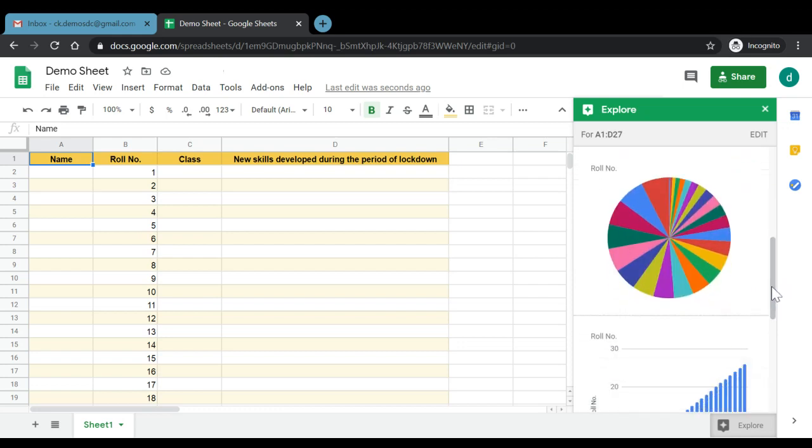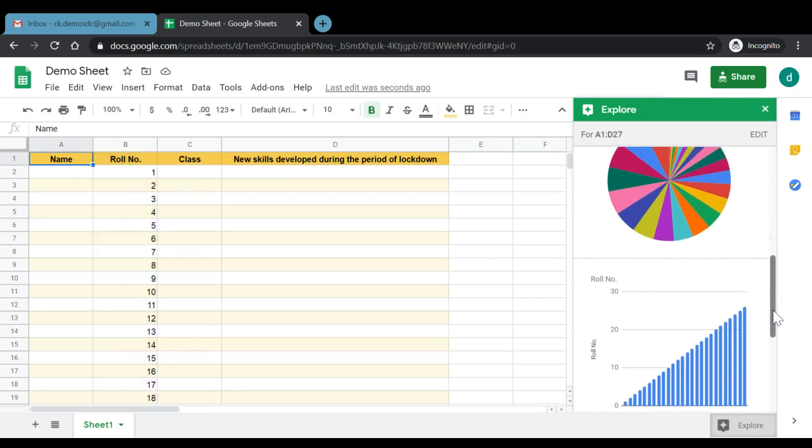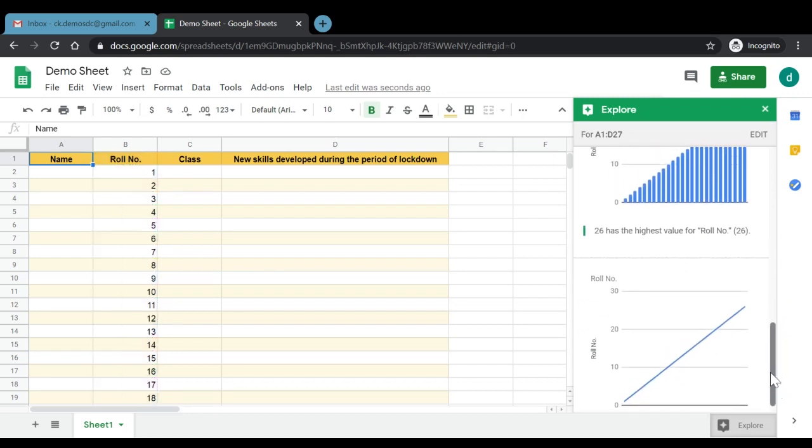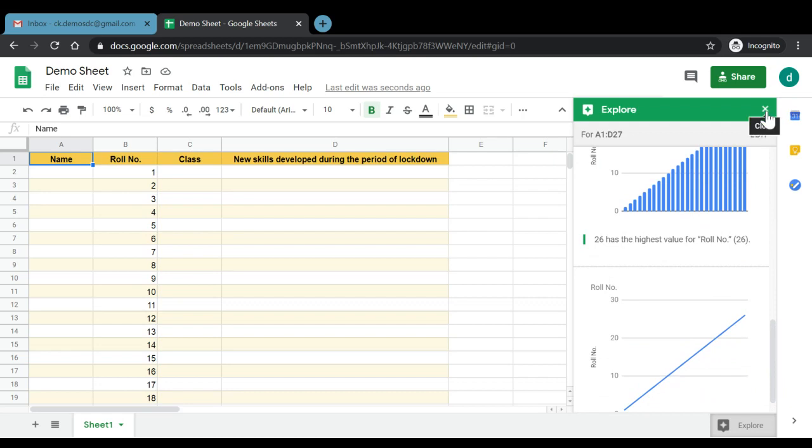Further, once we receive the data, as here we have mentioned just the roll numbers, a pie diagram has already been created. Now again, if the spreadsheet has been created where we have received some responses from students, automatically with the Explore button we can see how we can represent the added information in different formats. So this is actually a kind of magic button that helps us to identify and analyze the content, the figures that have been mentioned in the Google spreadsheet.